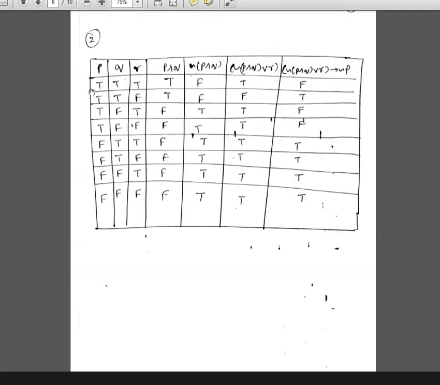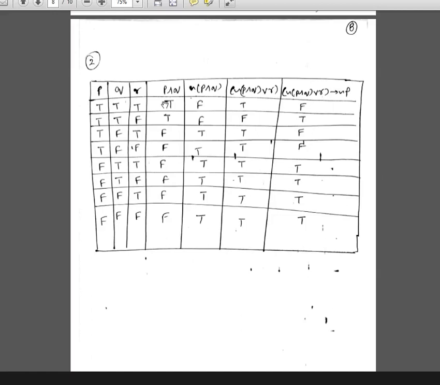So here it is P, Q and R. I have already shared this video. So we have to find P and Q, then negation of P and Q, sorry, P or Q, then negation of P or Q, then this value and this. You need to know the rule for the implication arrow. Okay, read it once